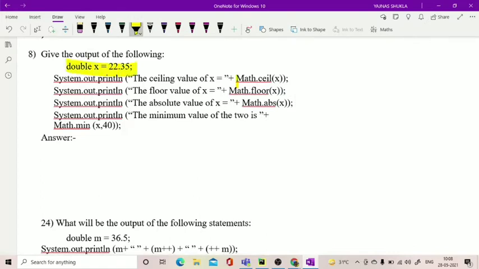Now when we are calling the ceiling value of x equal to math.ceil x, what will be the answer? 22.4? 22.3? Alright. What does it do?